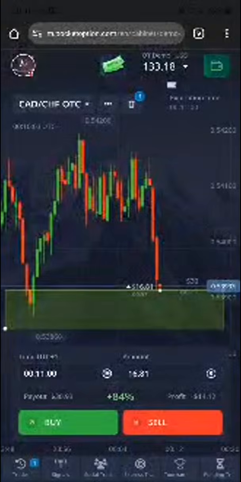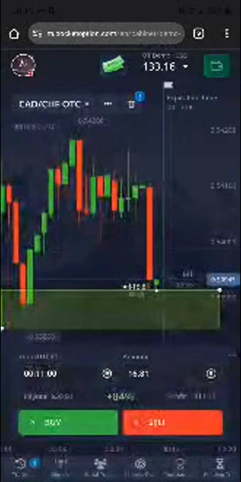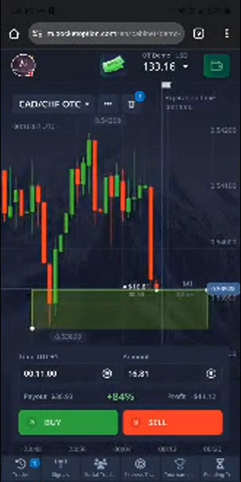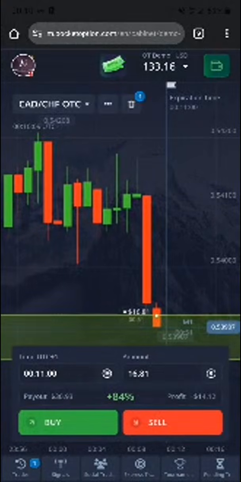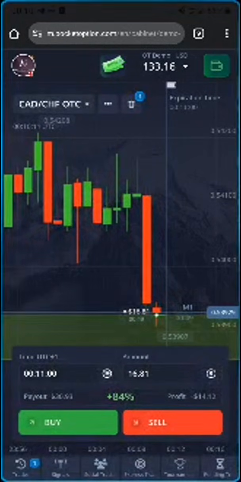Okay, you know what? Let's take this trade. I'm expecting a pullback to the upside. You understand? Though under that round number would have been the best entry, but I still believe that we would